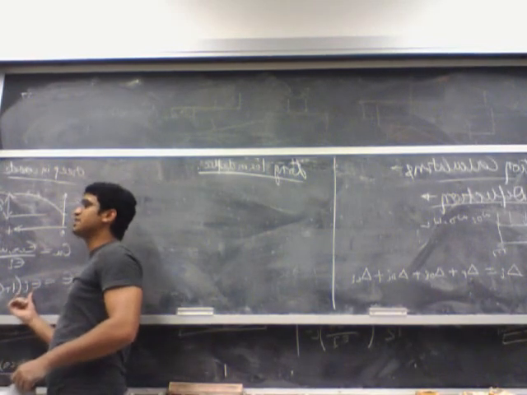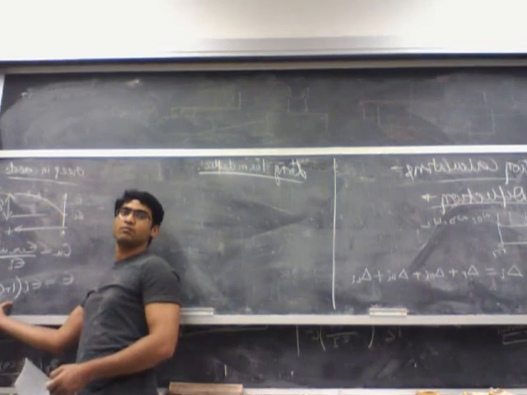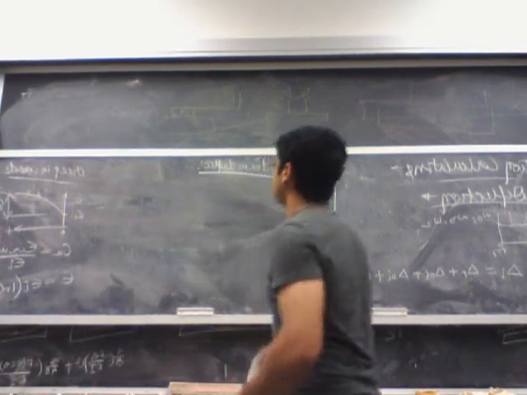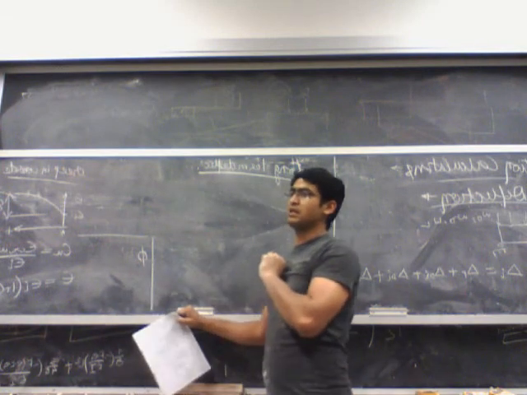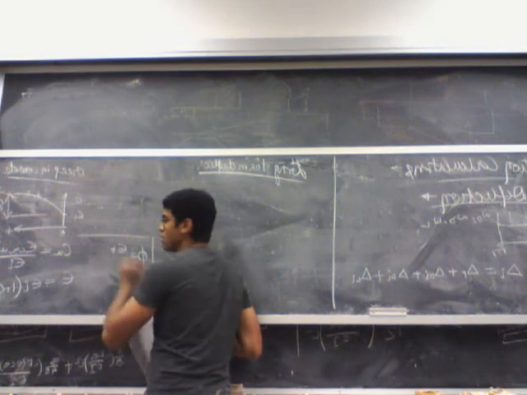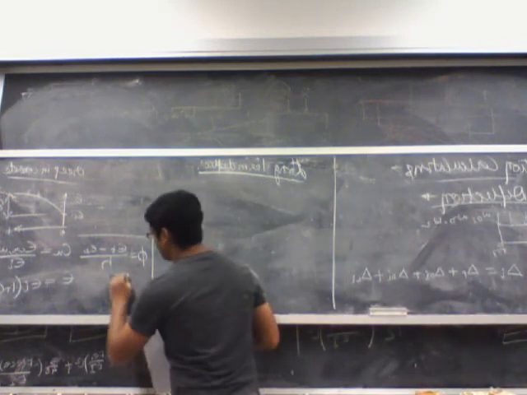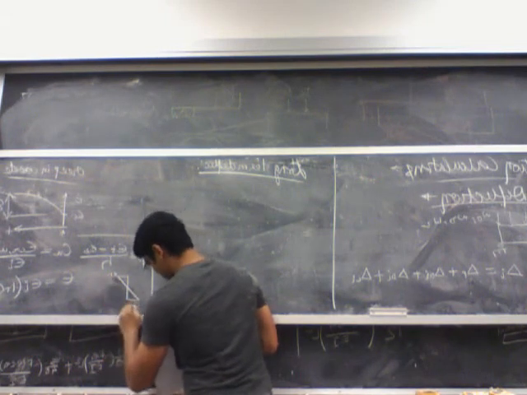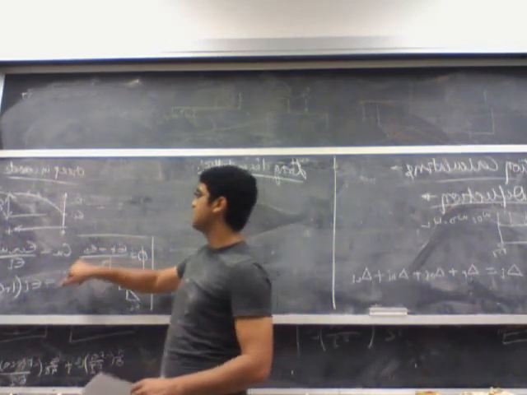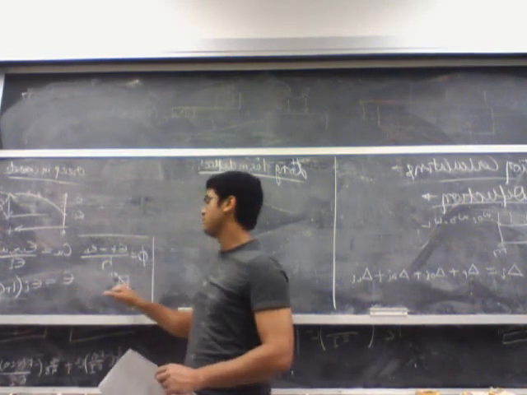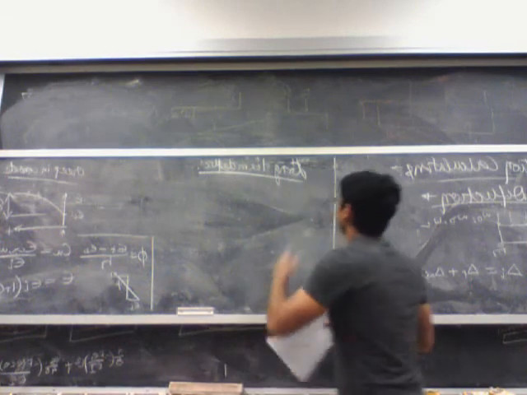So what it simply means is, if initially you had a strain of epsilon I, over a very long time you'll have a strain which is epsilon I times 1 plus Cu. So I can use this to find my long-term deflection. Another thing to see is phi, my curvature. It's nothing but the strain at the top minus the strain at the bottom divided by the height. So this is epsilon top, this is epsilon bottom, and this angle is my curvature. If over time both of these values increase by the same factor of 1 plus Cu, that means over time my phi will also increase by the same factor of 1 plus Cu, because it's just a linear relationship, right? So in case of a long-term deflection,